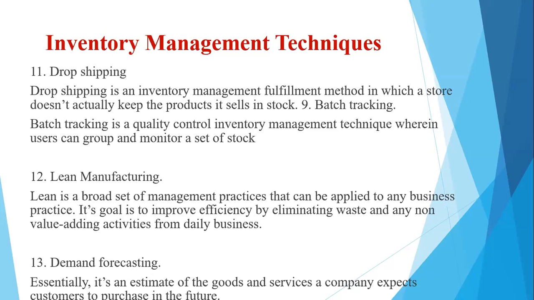Identify those items which are not required at all. It could be that some items are lying still in the godown due to changes in the designs of your product or the way you are manufacturing it, and so on. So delete such inventory items from your godown and create more space for the most usable items. So with lean manufacturing, you try to look into each and every cost that has been incurred in the business houses, wherein you will try to minimize those costs, right? So it applies to inventory management costs as well.